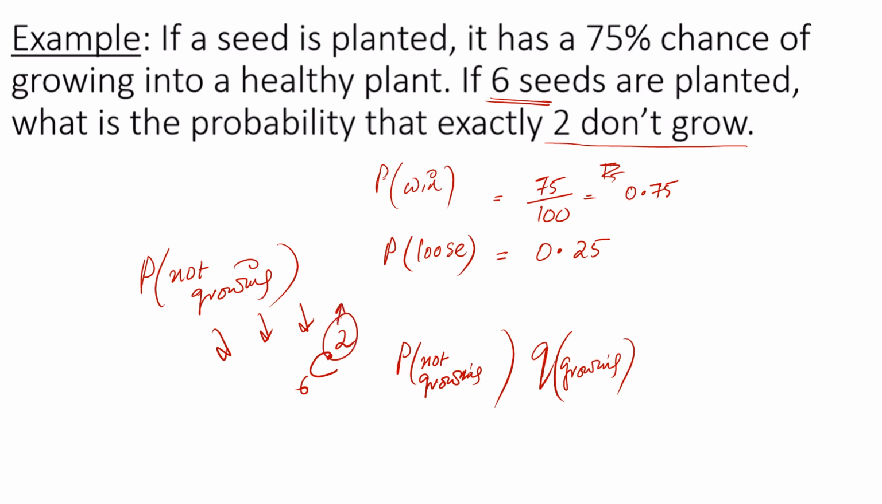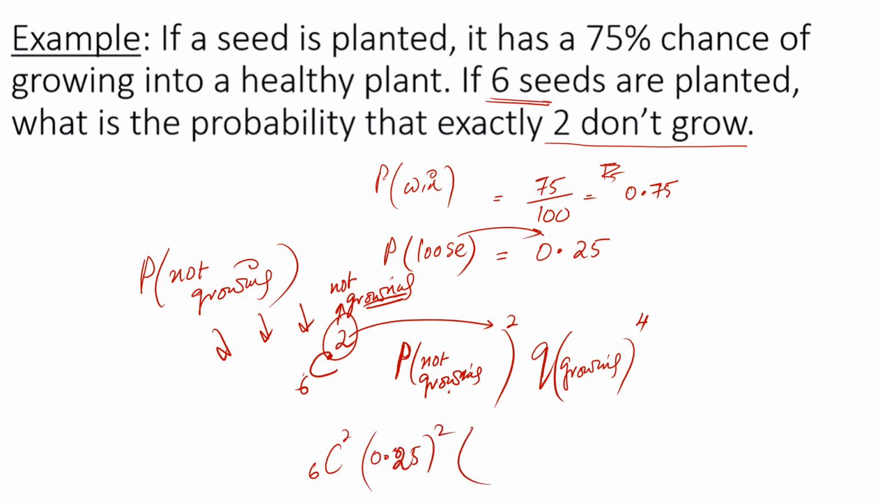R means not growing. So if not growing here, I will have my winning chances of not growing, and the Q means the growing, means opposite. So here are the 2 I will write here, and 6 minus 2 will give me Q. I will write over here 4. So 6C2, probability of not growing is 0.25 to the power of 2, and growing is 0.75 to the power